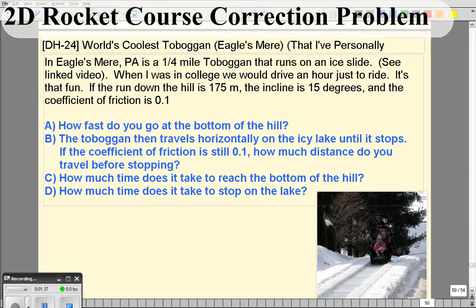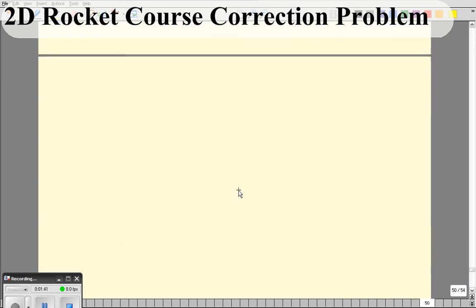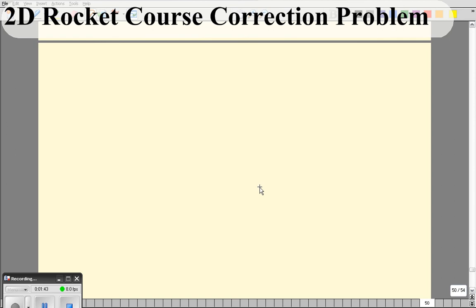So what we want to do is sketch a picture of the situation, and it's really a two-part problem. In the beginning, you're going to go down the hill, which we're assuming is one straight triangle. It's not exactly what the hill's really like. So we're going to assume a nice hill that we're going to go down in our toboggan. The angle theta is going to be 15 degrees. And as you go down this hill,